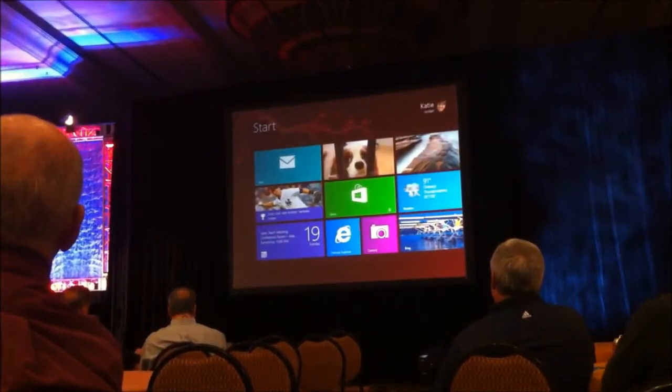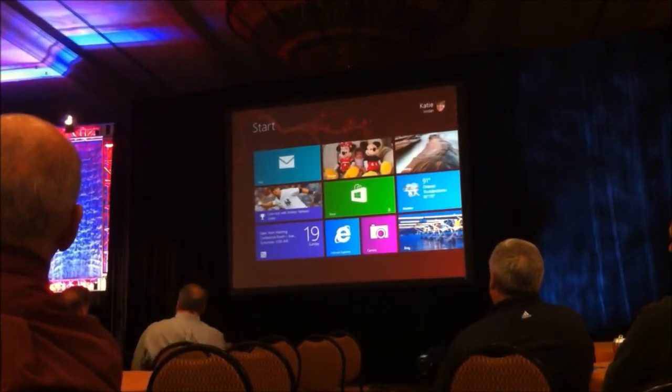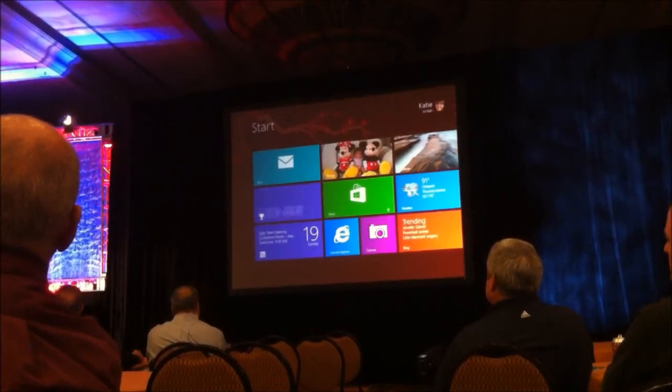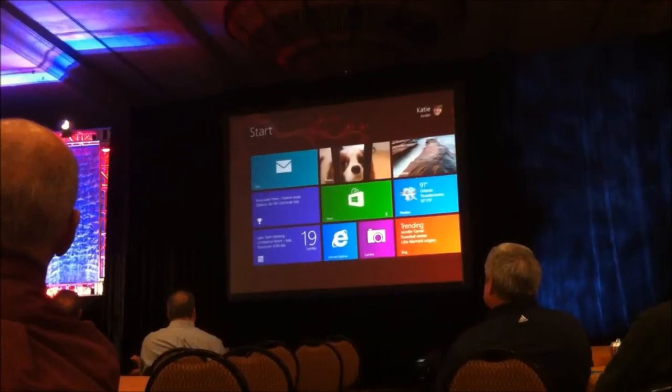But some of you may say, well, my tablet can do this. My tablet can connect to the cloud. I can have some of the apps you're showing me. But one of the things that sets Windows 8 apart from all the other tablets out there is productivity. All the other tablets out there are great at consuming